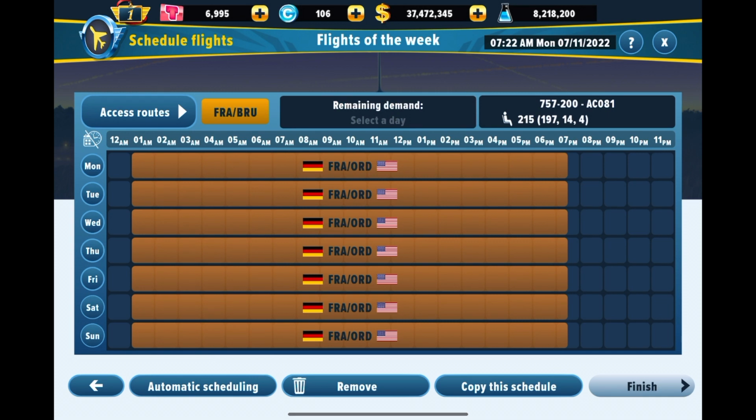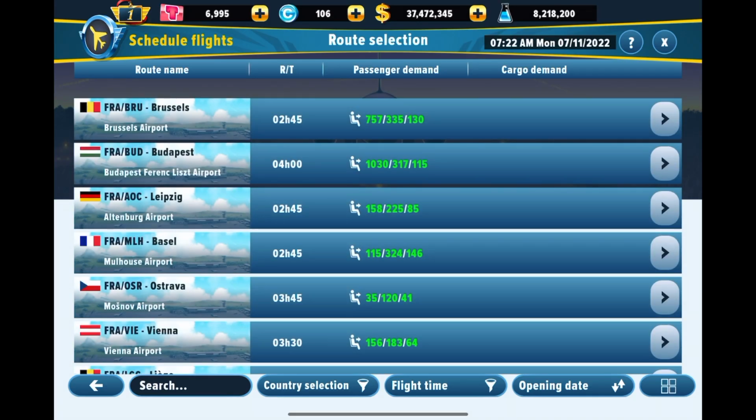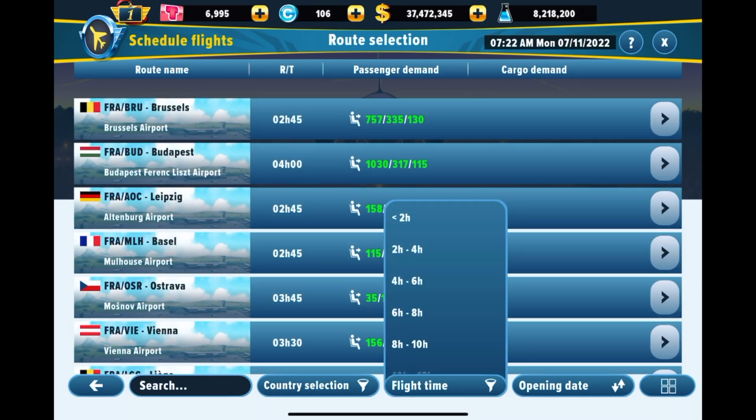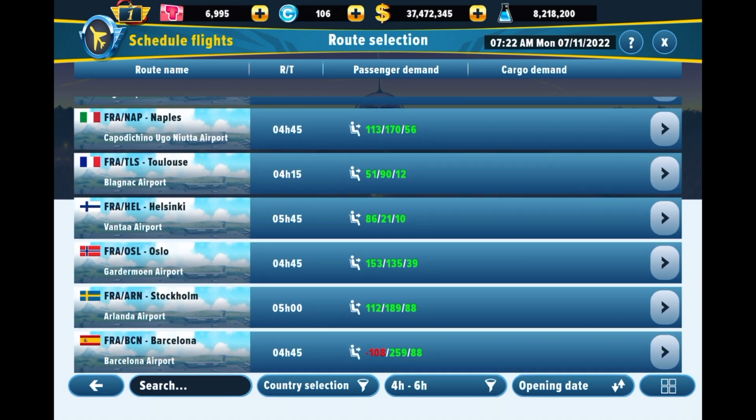Let's pick a random route, and here we can see we have 5.5 hours remaining for this schedule, and let's filter this by the time required. So Budapest still has some demand, but probably we will not schedule it on that one. The rest of the routes already have their demands fulfilled, and we have to consider that this aircraft